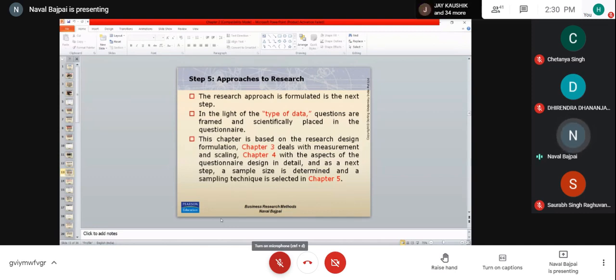Ordinal data is when 1 to 20 are in ranking, when I'm saying that 1 is the top ranking holder of the exam and 2 is the second ranking holder of the exam. Interval data is when data is rated on an interval scale of 1 to 5. And ratio data is when I'm saying that 26 is 2 times of 13. So we have these 4 kinds of data.